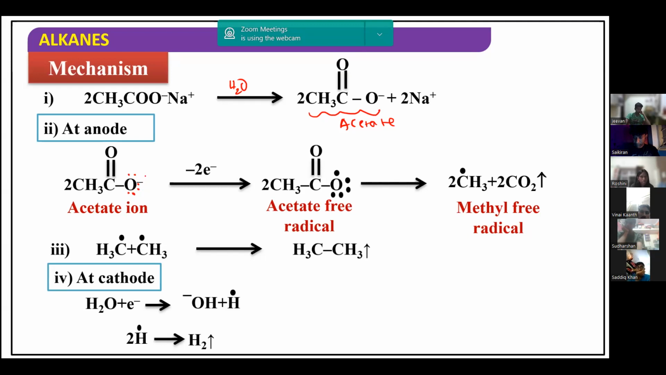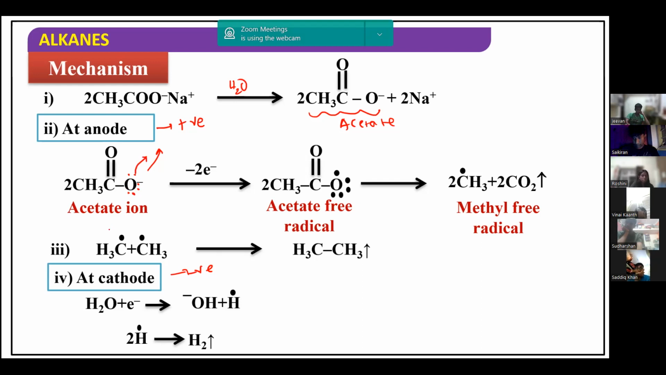Now, one acetate ion loses one electron, because the anode is positively charged and the cathode is negatively charged. So the anode attracts anions because it is positively charged, attracting negative charges. When this acetate ion reaches the anode, what will happen? The anode will try to take electrons from this. So one acetate ion gives one electron. That means out of 6 electrons on oxygen, 1 electron is given